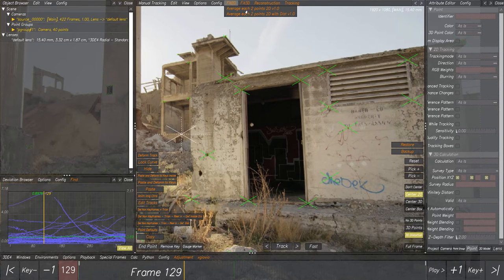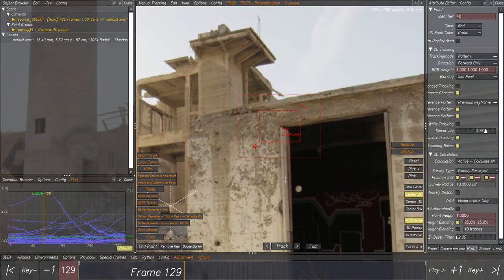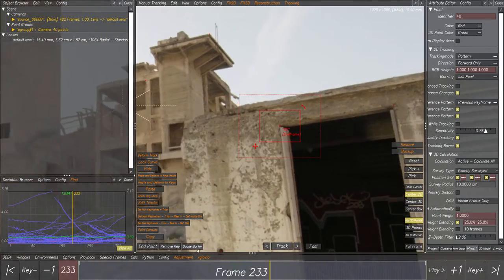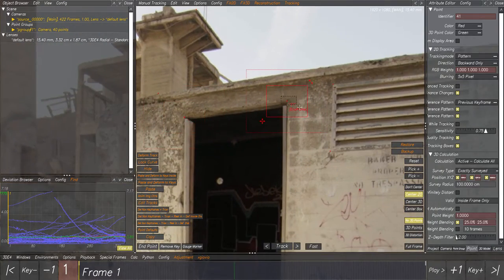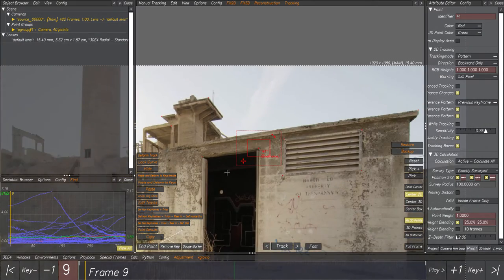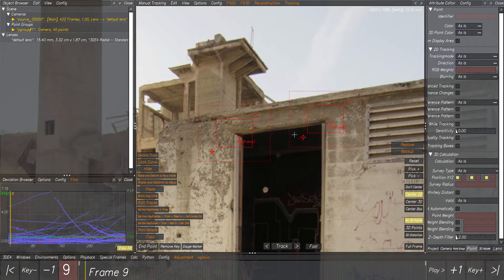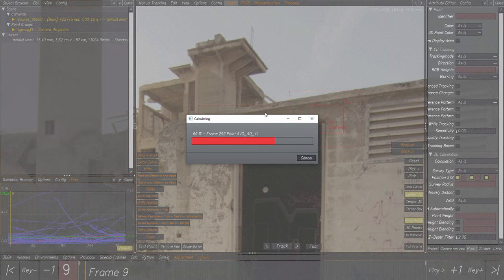The Fill 2D is average each 2D point. It's simple. Let me hide the 3D points for a second. For example, here we have 2 points on one end and on the other end of the corner of this door. If we select 2 points, 2D points, and we press average each 2D point 2D, automatically